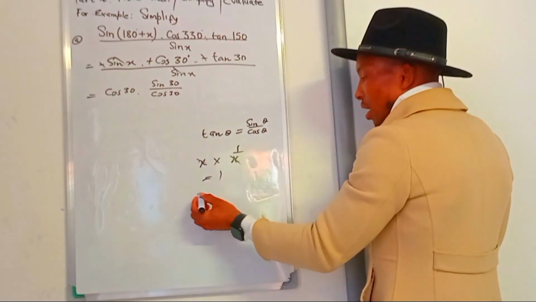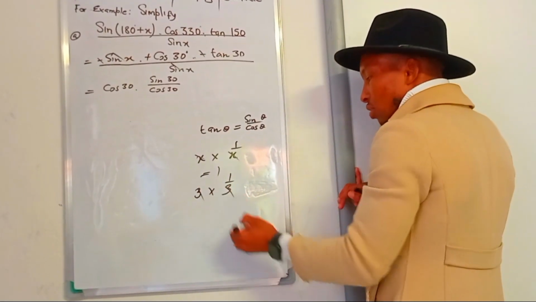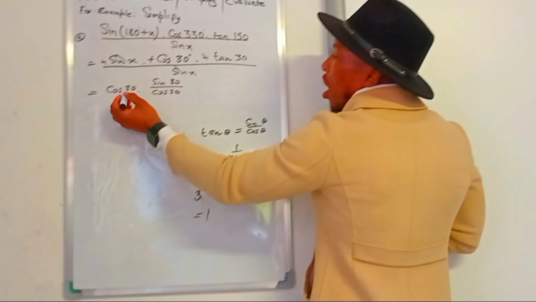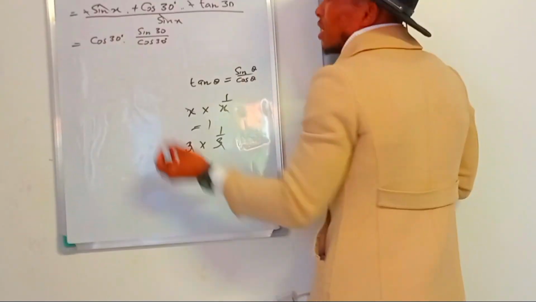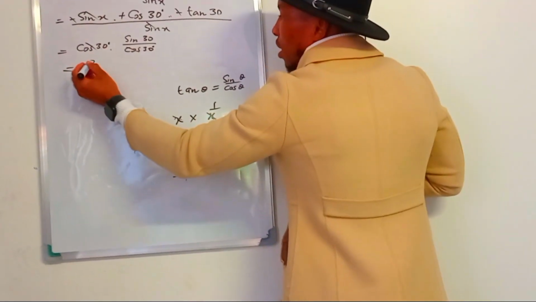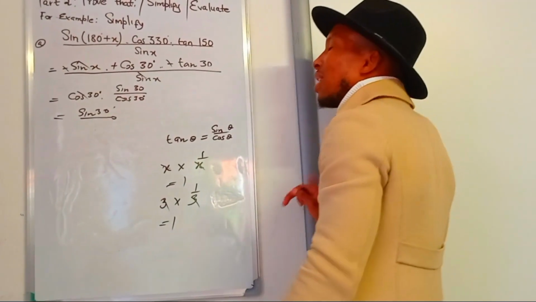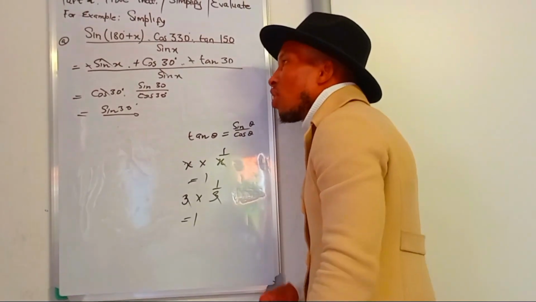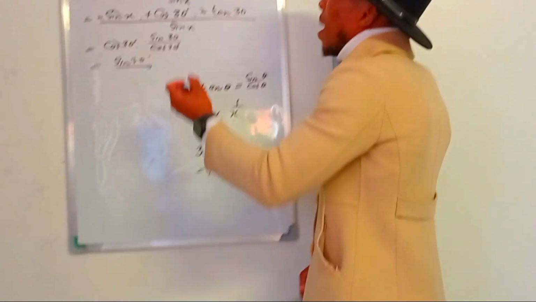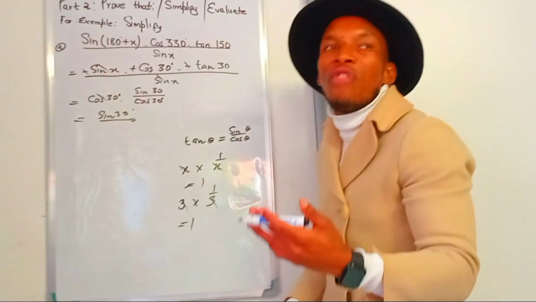Then like 3 times 1 over 3, this one is going to cancel this one, then we are left with 1. Do you see we have cos 30 degrees and also cos 30 degrees, the same? Therefore, this one is going to cancel this one, then we are left with sine 30 degrees. You cannot do anything in trigonometry if you don't know how to simplify. Sometimes we're going to ask you to simplify fully or